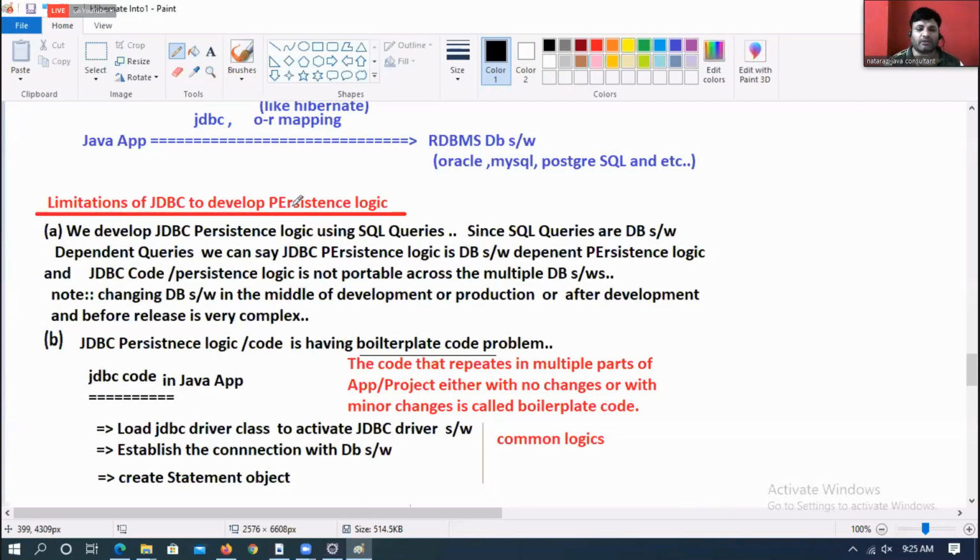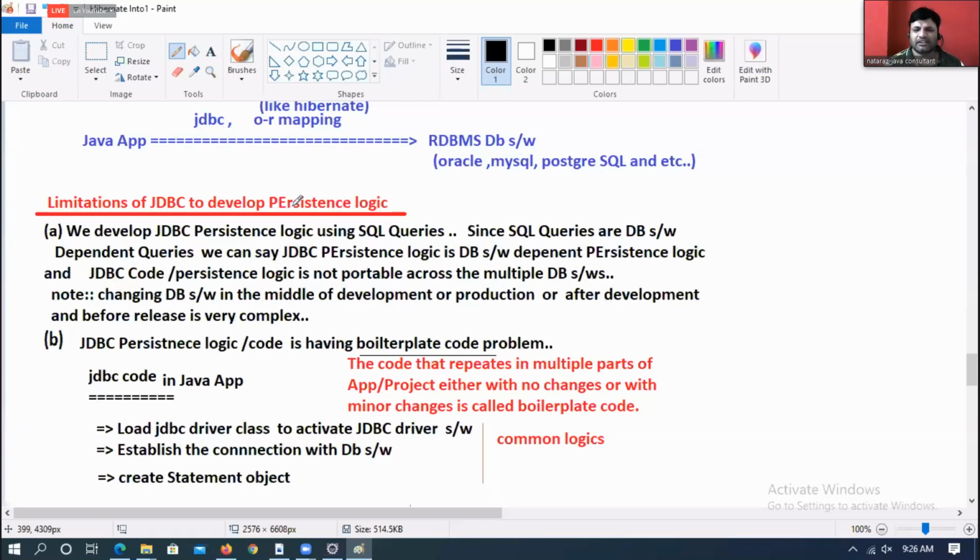Changing database software in the middle of development, in the middle of production, is a very complex process, because the persistence logic is database software dependent.